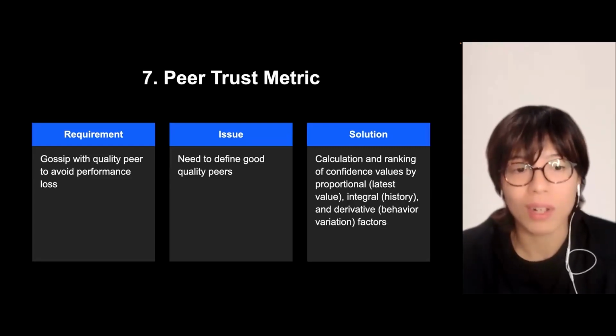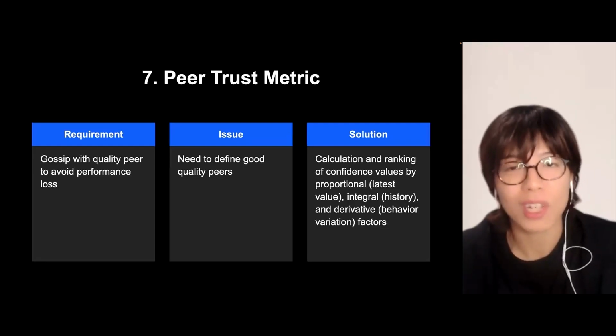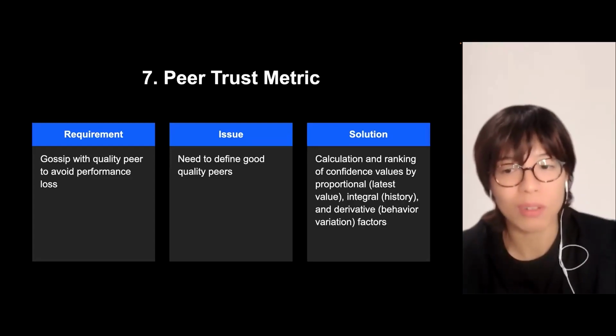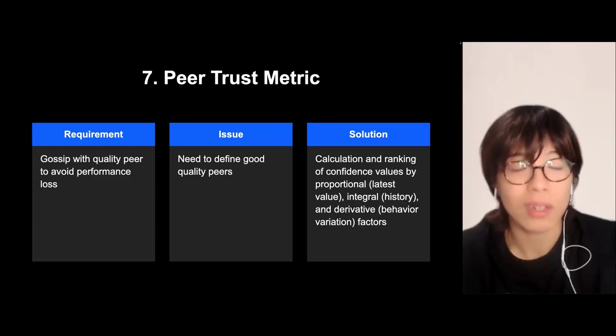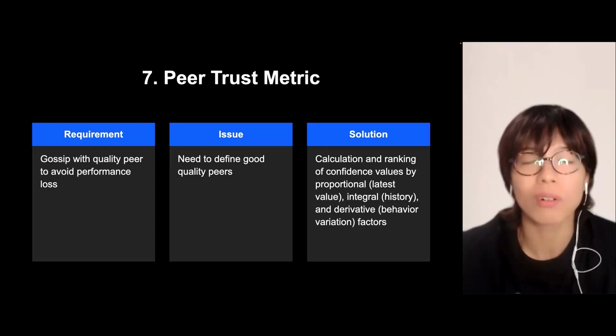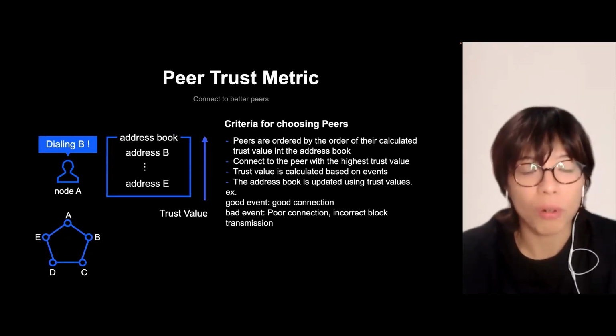So you need to quantify the good peer and the data alteration and other bad events versus good events. They are compared into a trust value, and you will also acquire trust values based on the past and present information. You can make a judgment about who are the good ones.